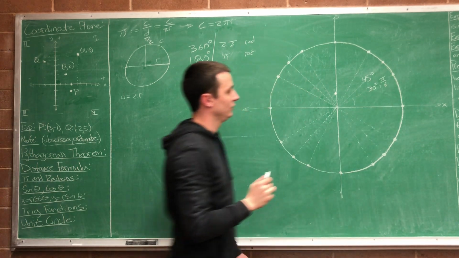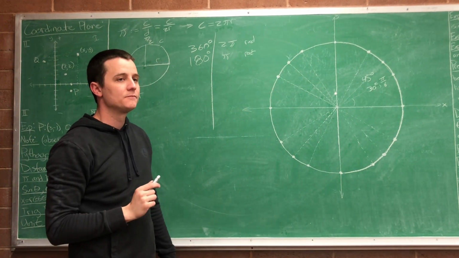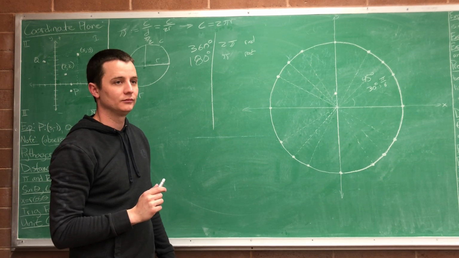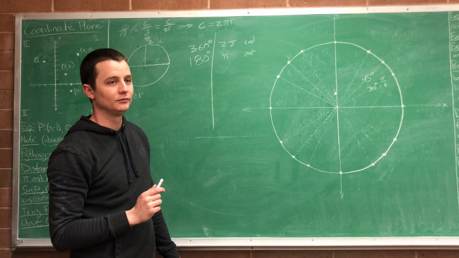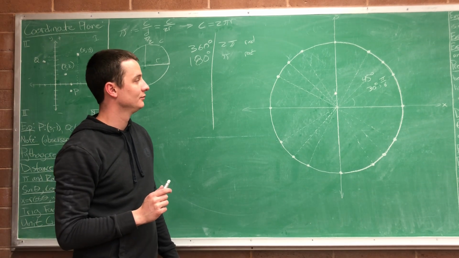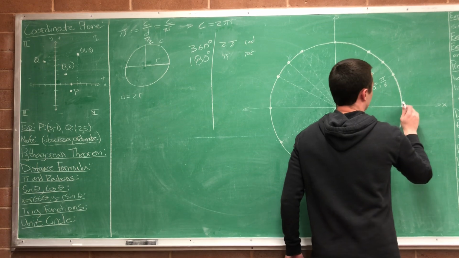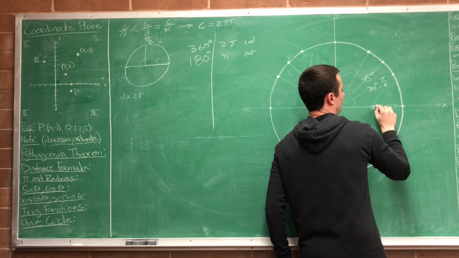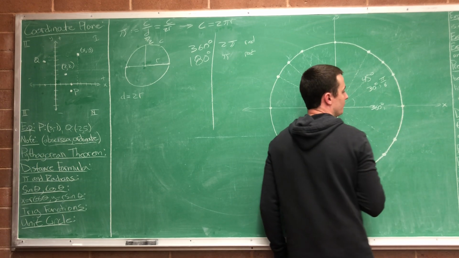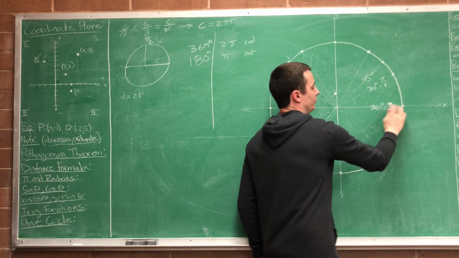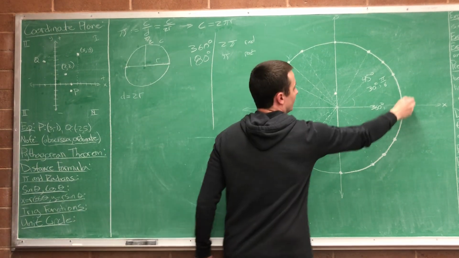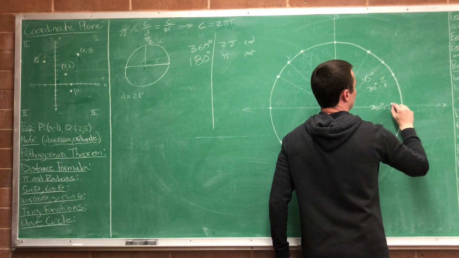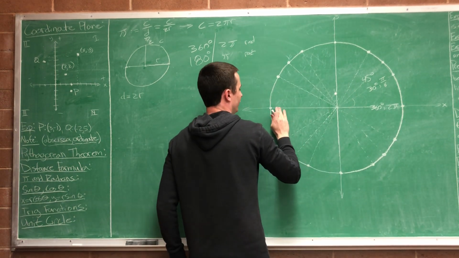Or in terms of radians is... Okay, let's jump in and do some easy ones first. Probably should start with the easy ones. This right here, I'm going to call 360 degrees rather than 0 degrees, just because. So 360 degrees in terms of radians is what? How many radiuses does it take to get to there? 2 pi. Perfect. And over here, where we have 180 degrees,